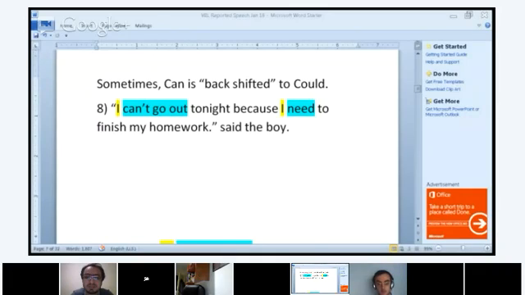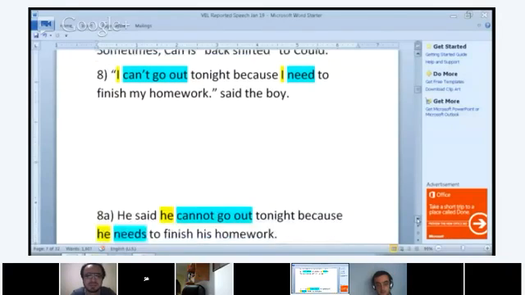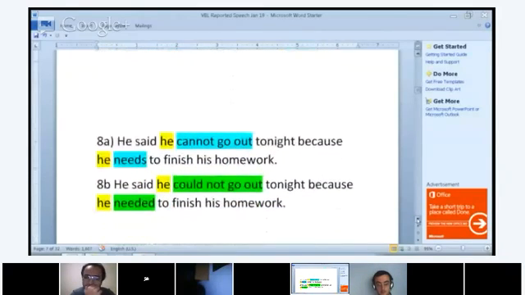Now, if the situation is still true, this is a very current situation, can you give the reported speech version that has not been backshifted? The boy says, "I can't go out tonight because I need to finish my homework." Awesome. Yes. Okay, let me move down because this is exactly what you said, and actually